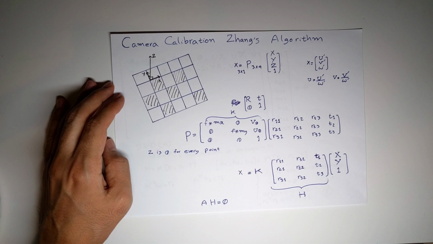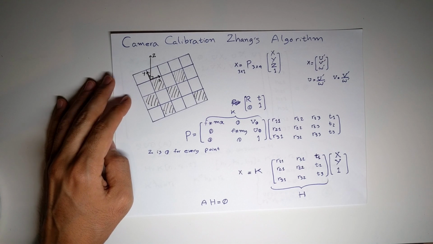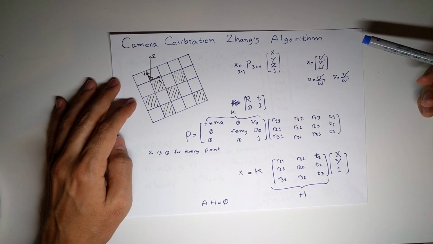I strongly recommend you have a look at my other video about camera calibration based on the DLT, because I'm not going to go through the details of the projection matrix, what is interesting, and what the extrinsic parameters are. So have a look at my other video. Okay, let's get started. So we have a chessboard,